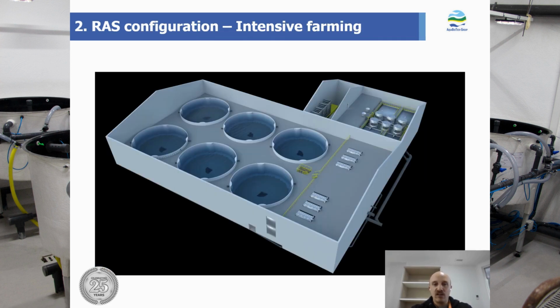A different category of RAS system is what I call intensive farming, commercial RAS. Commercial RAS, on average, may have fewer tanks, but much larger tanks. In this render, you can see a prototype of a RAS that we designed for a Norwegian client. These 6 tanks are approximately 1,000 cubic meters each, and the systems per se are much simpler than RAS systems for